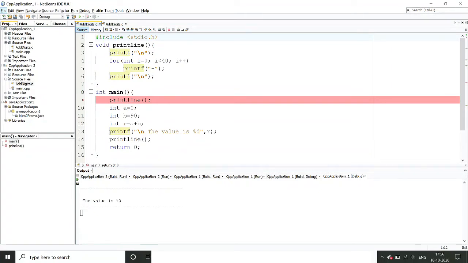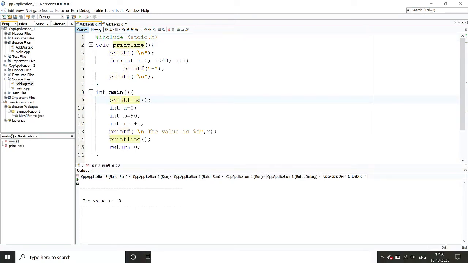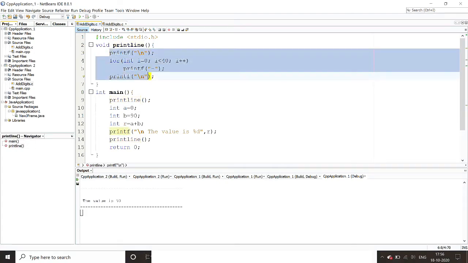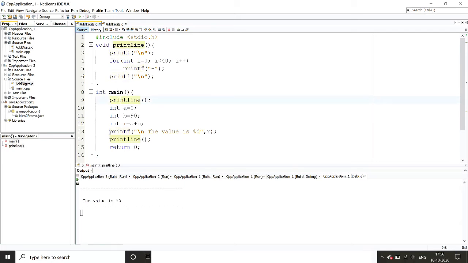So what we have to understand from this program is that we can always write a function to separate the common content or common programming segment into a different module, and write it separately. This code is for printing a line, and that code is required multiple times in my program. Many times I need to call this. So instead of writing it multiple times in main, we can write it separately in a separate module, and that module is called a function. We have to give a name to this function, and we can call this function.